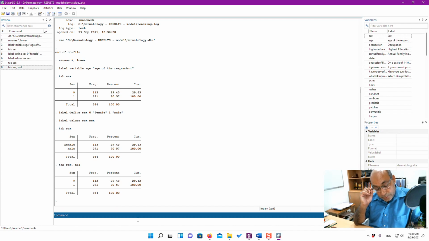Always remember that whenever you are starting Stata, you should start by opening the log file, so that you know what you have done. And this is very useful even for the person who is learning Stata in the beginning stage, or someone who is working in Stata at an advanced stage.